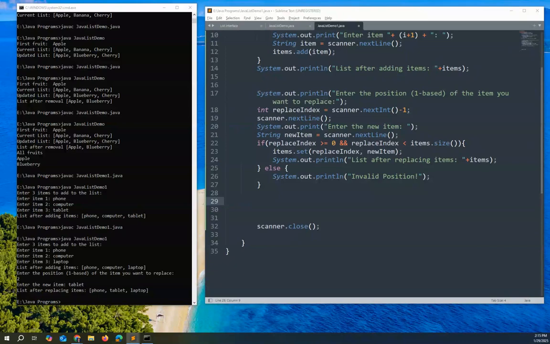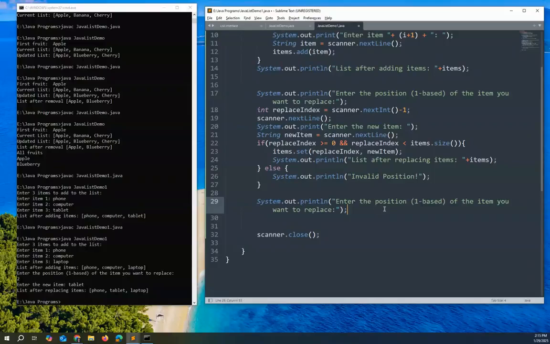So we'll try to insert an element into our list. So okay, let me just copy this one, enter the position of the items,